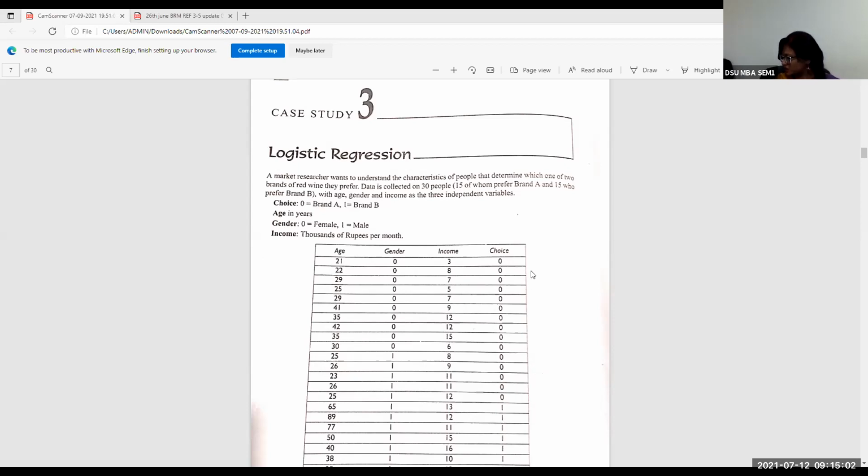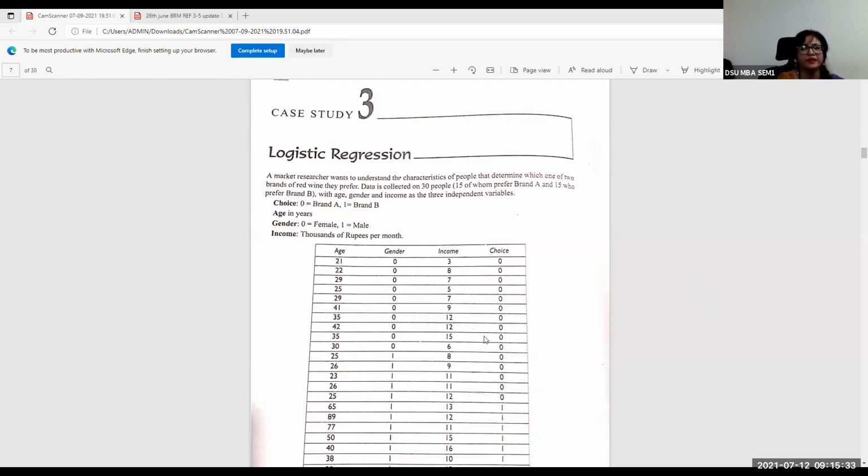So when it is age, gender, and income, what are these characteristics actually? Are these psychological characteristics or demographic characteristics or behavioral characteristics? Quickly, if you recall your basic management or marketing classes, what characteristics are these? These are something to do with the population characteristics, right? So what is population characteristics? These are something to do with demographic characteristics.